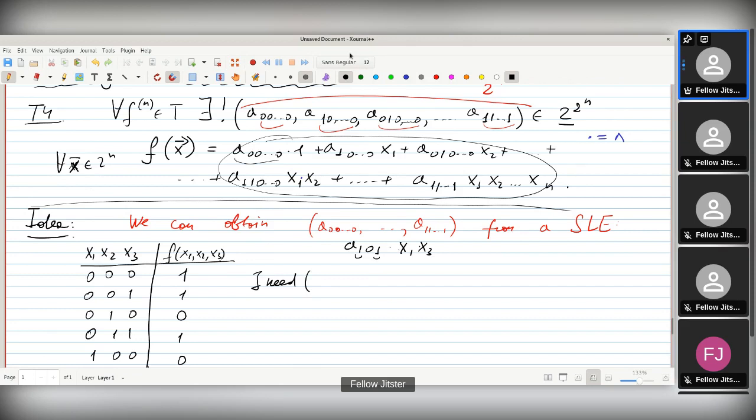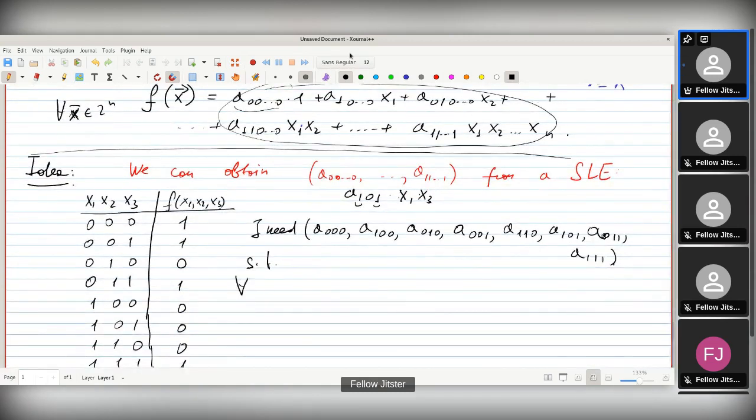I need 8 coefficients which are indexed with these tuples: 000, 100, 010, 001, 110, 101, 011, and the last 111. 8 coefficients,